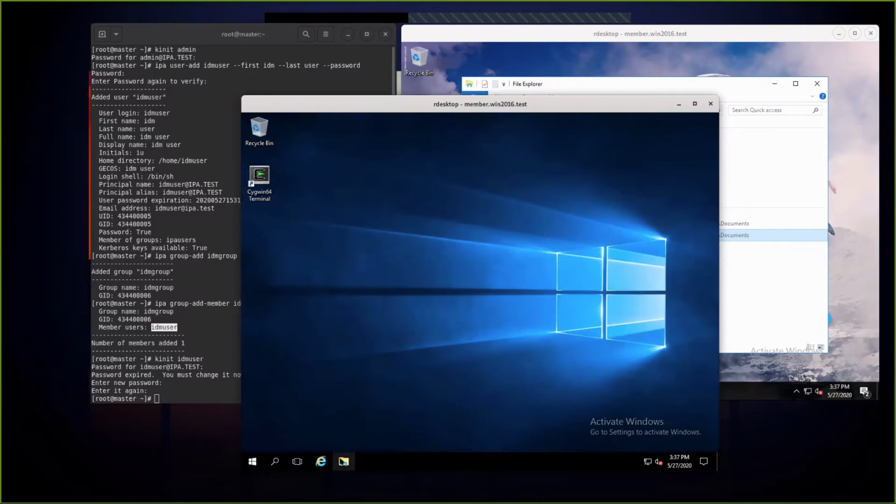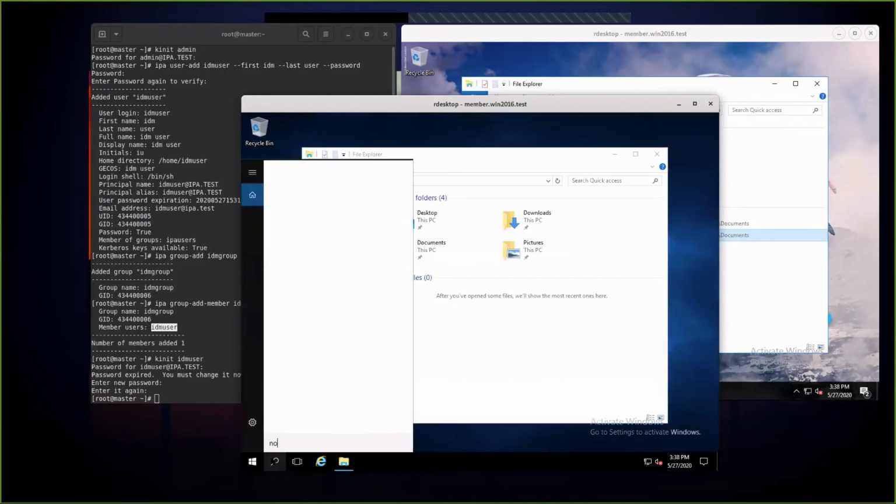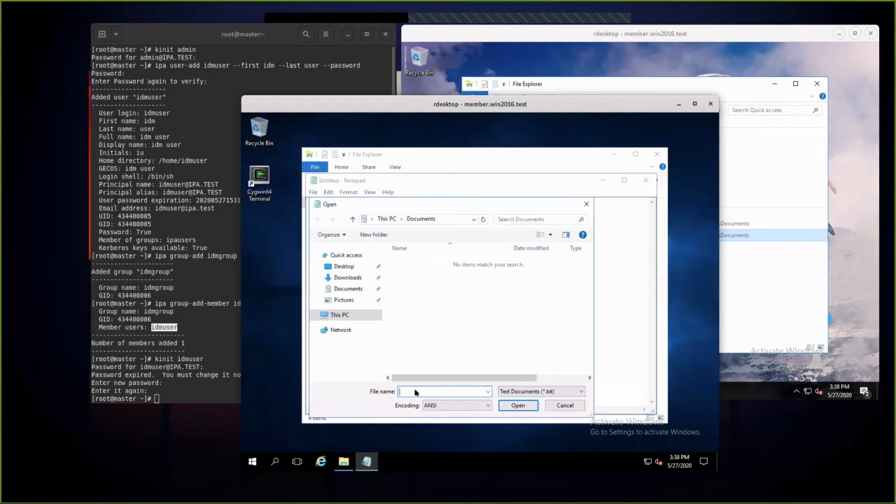So now let's see if I am able to access the document shared with me. I will use Notepad to open the document. I will specify the path directly.